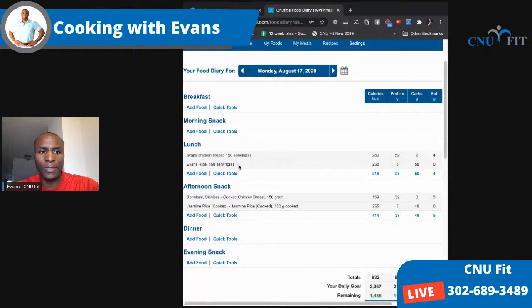I did this with chicken breast, where it's Evans chicken breast, and you can see here, 150 grams of chicken breast weighed out came out to 260 calories, but 52 grams of protein. Versus if I just went in my MyFitnessPal and used the one that I've been using for the last year and a half, 150 grams of boneless, skinless chicken breast, cooked, is actually 100 calories less, according to my entry here, and is 20 grams of